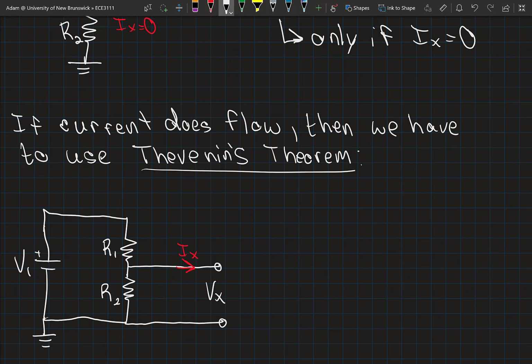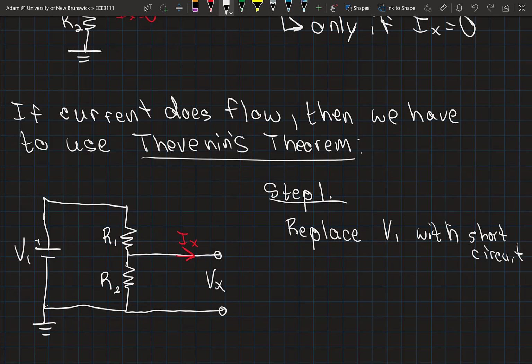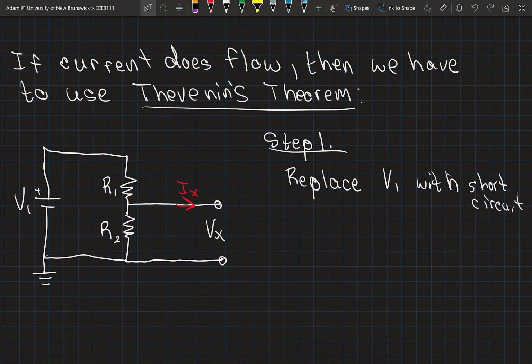Okay, so again, this should be review, but to apply Thevenin's theorem, step 1 is we replace V1 with a short circuit. Okay, so in this example we would short this out, and then step 2,